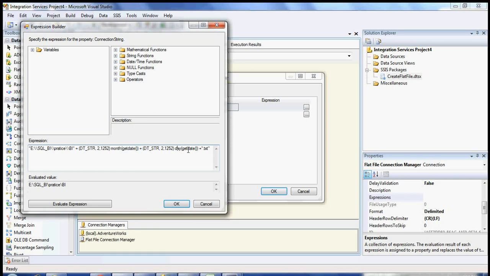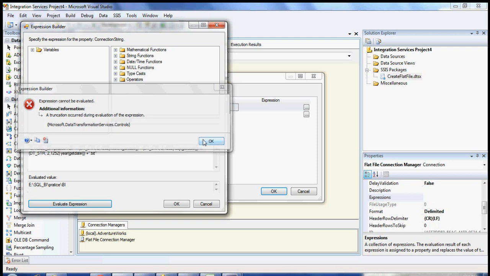And then again I need to select the day, so I selected the day from here. If you want to select the year, you can just put year and copy this as it is from here to here. Suppose I want to put it here also, so I can just copy and paste, and put year here, and in the end, in double quotes, I need to put dot txt.